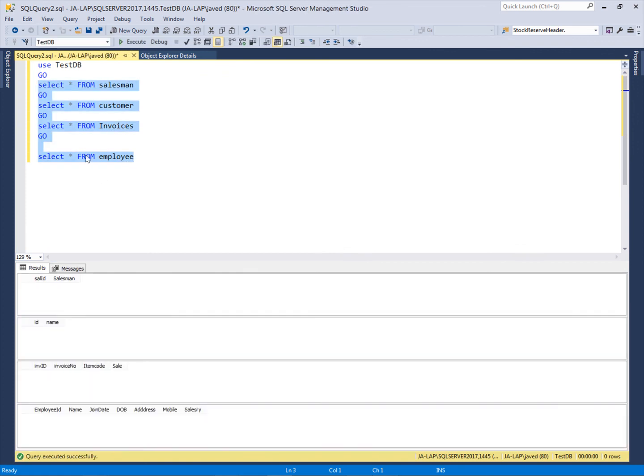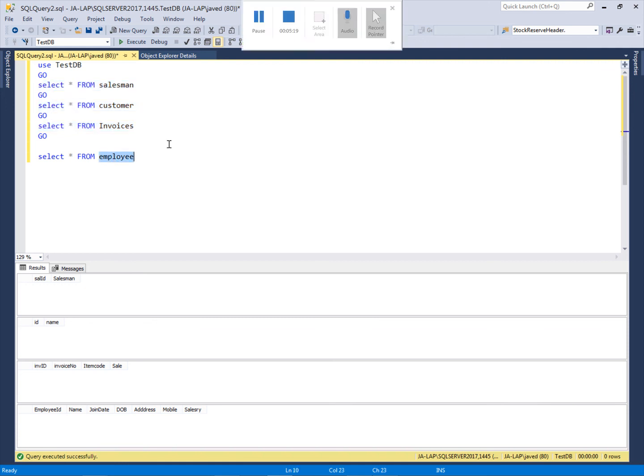Now this user can select all the tables available in this database. I want to restrict only the employee table for this user, because I don't want to show the employee data to an unauthorized user. This user can access the salesman, customers, and invoice data, but is not authorized to access the employee data.